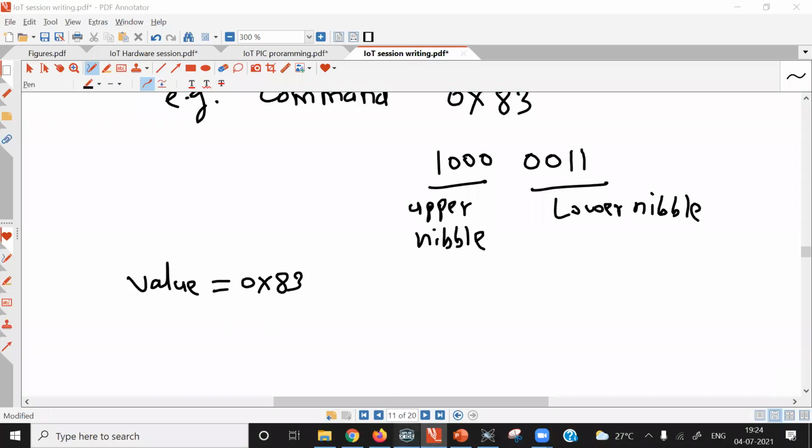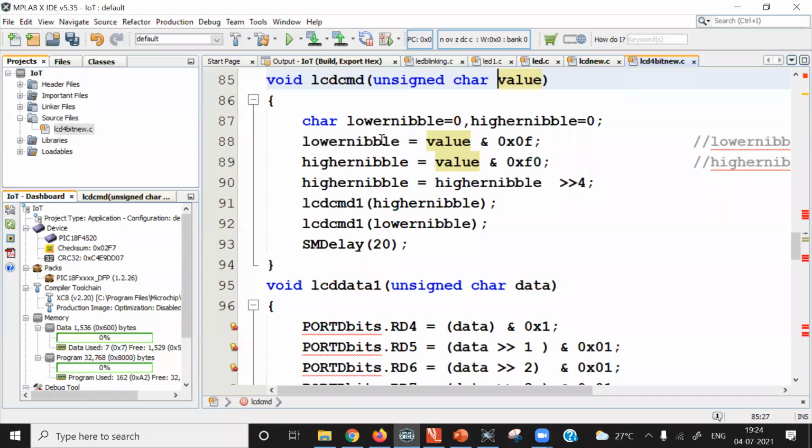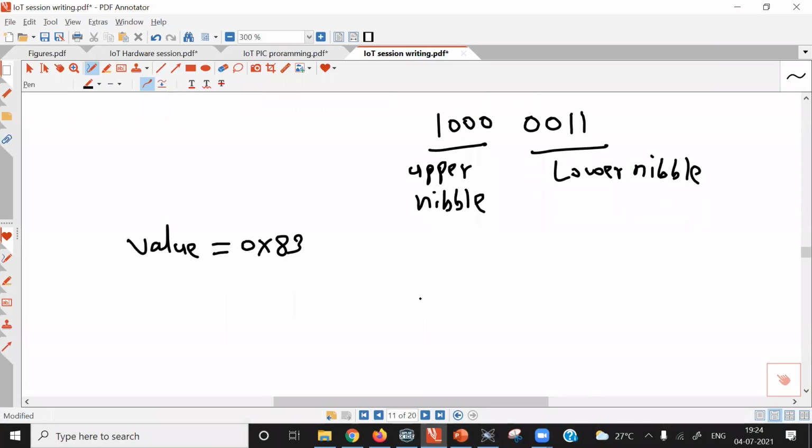Next, lower nibble is equal to value AND 0x0f. This is our instruction, and this value contains 0x83.